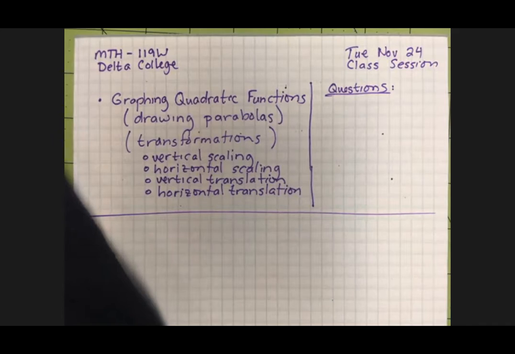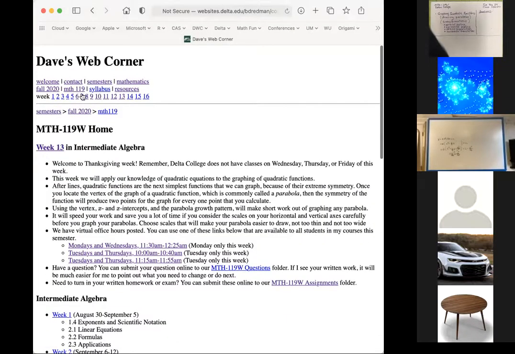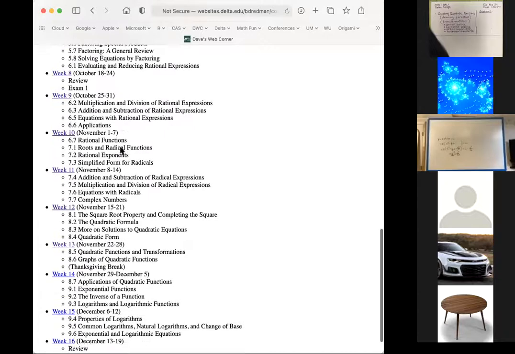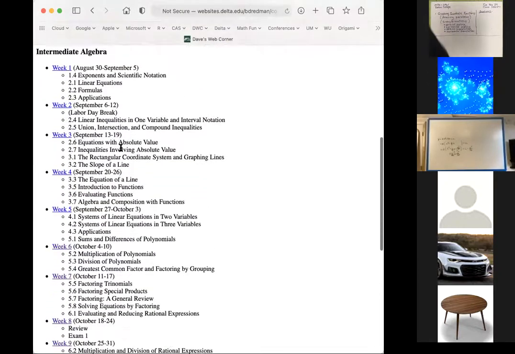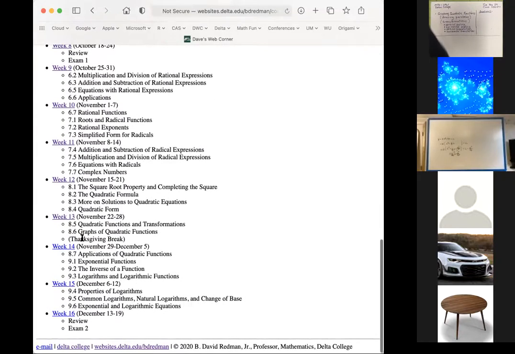Now let's look at our website just quickly to show you how that impacts what we're doing. Let's get over to the Math 119 homepage, just the giant scheme of things. You see you've gone through 12 full weeks, and we just have a couple weeks left. Today we're going to look at drawing quadratic functions using our knowledge of solving quadratic equations. These two sections today. And we have no meeting on Thursday for Thanksgiving, no office hours on Wednesday or Thursday